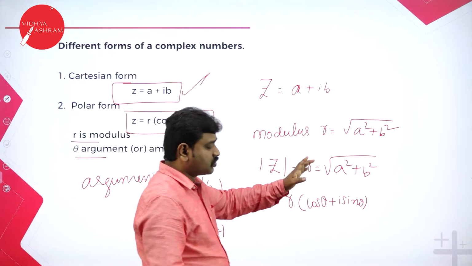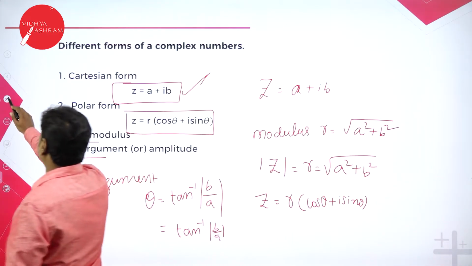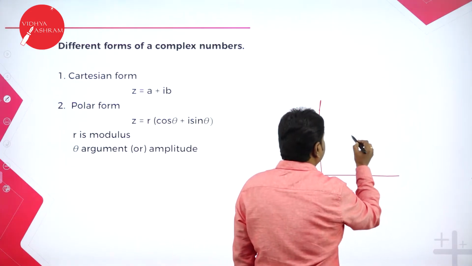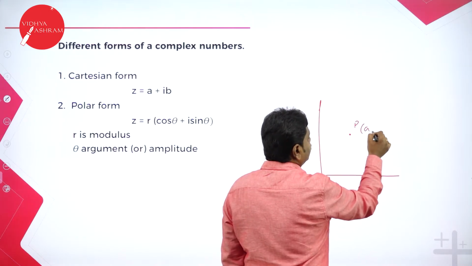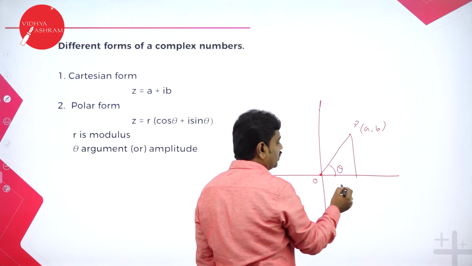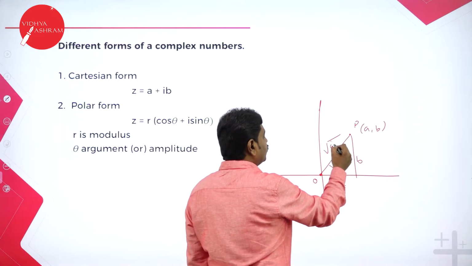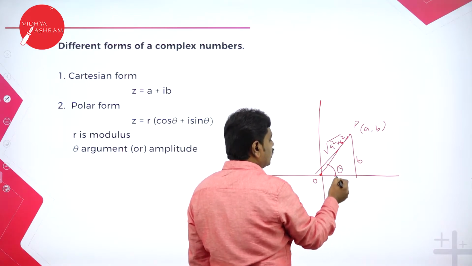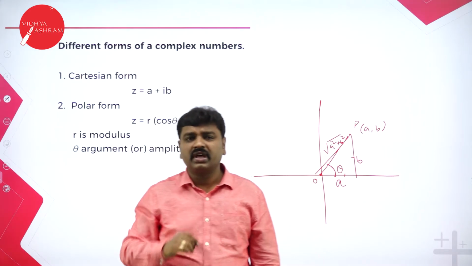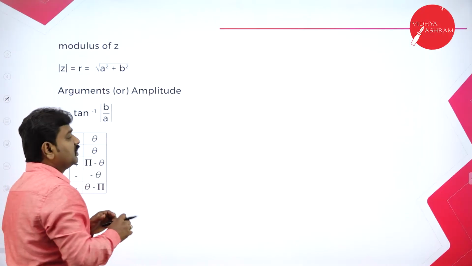How to find modulus? Root of a square plus b square, and argument theta is tan inverse modulus of y by x. What is this whole thing? The whole thing is very interesting. See now, a comma b is a point in the Argand diagram. Point A comma B, and the line joining OA makes an angle theta. If I draw this perpendicular, this length is A, and this length is B. This is the length of OP, root of A square plus B square. This is the modulus or length. And this is the argument. Argument means tan inverse of B by A. That is how we'll get our comparison. R cos theta is equal to A and R sin theta is equal to B. I'll explain the Argand diagram again in brief.